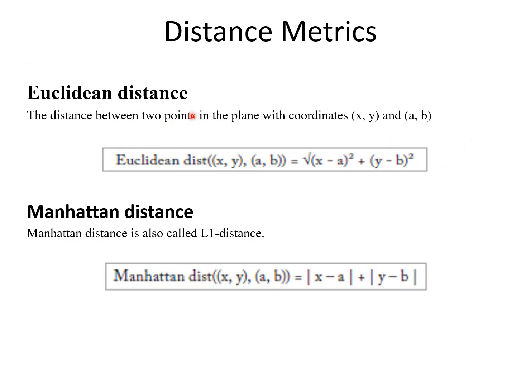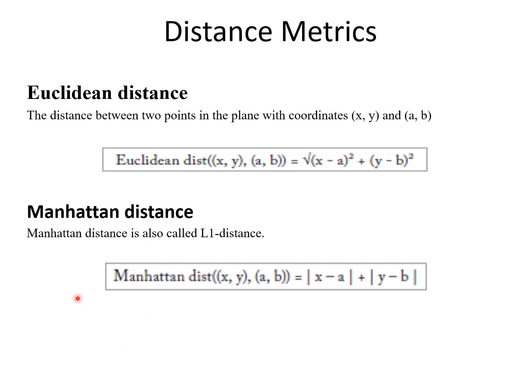Three commonly used distance metrics are Euclidean distance, that is the distance between 2 points in the plane with coordinates (x, y) and (a, b). The formula to compute Euclidean distance is: the square root of (x minus a) whole squared plus (y minus b) whole squared. The second formula is